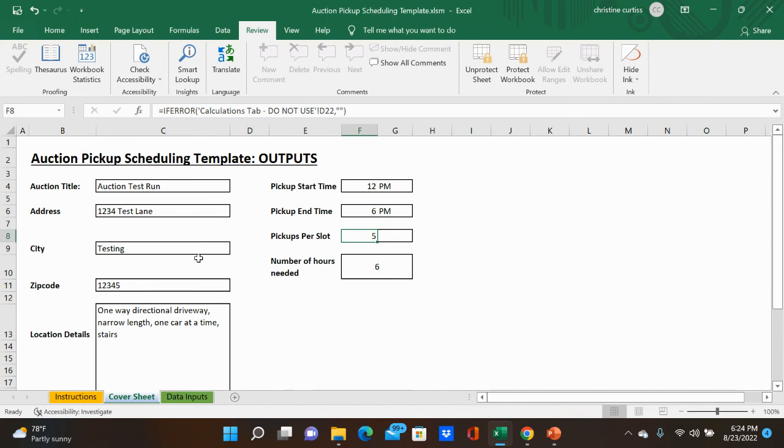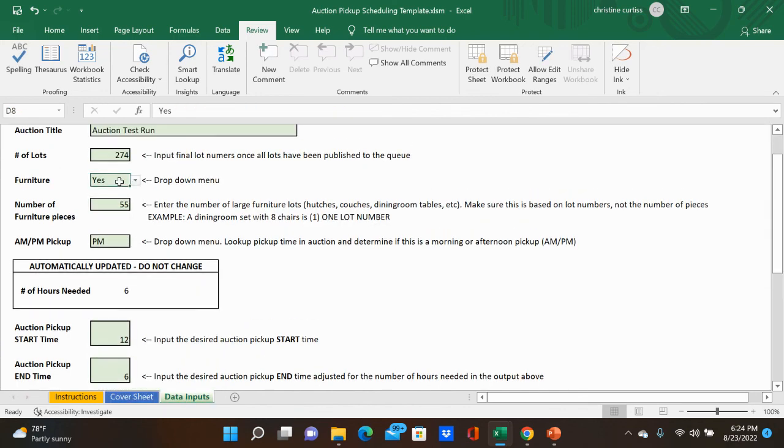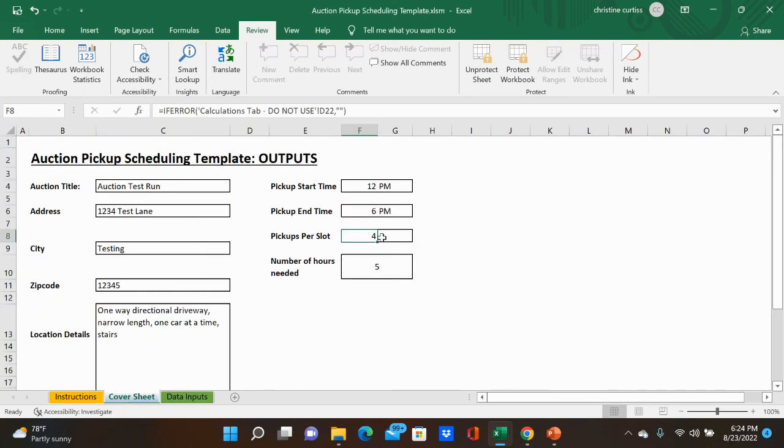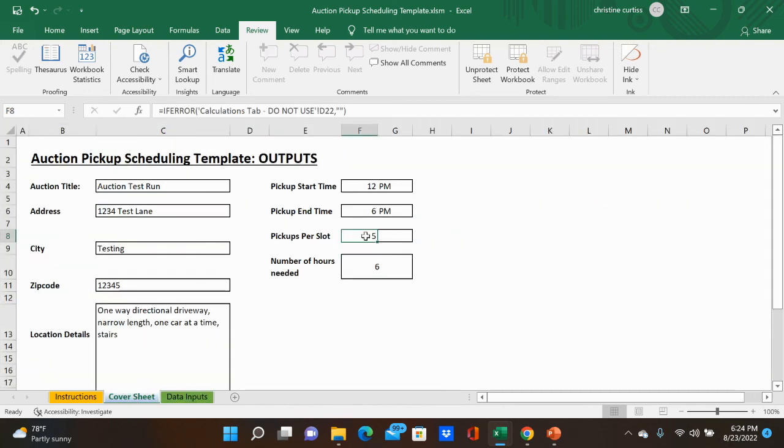With furniture, we don't want a lot of people coming, or we'll get bottlenecks. So hopefully that makes sense. If you go back to no, there were 4 pickups per slot. Having it, yes, I want this to say 2 pickups per slot, not the math error where it's showing 5 pickups per slot. So it may adjust the number of hours, but in any event, this is what the workbook is designed to do,